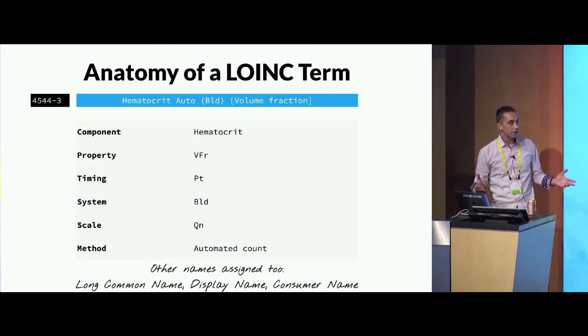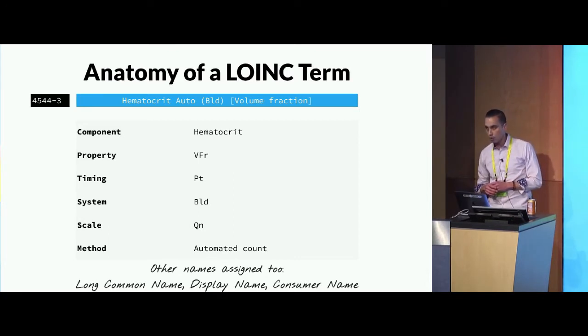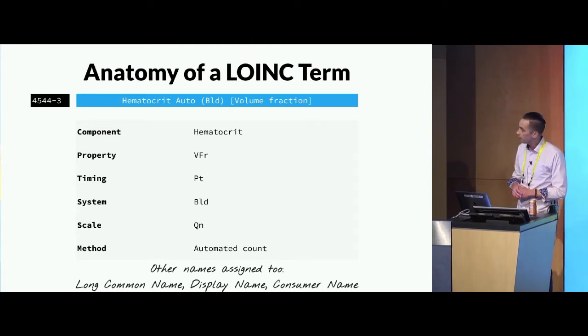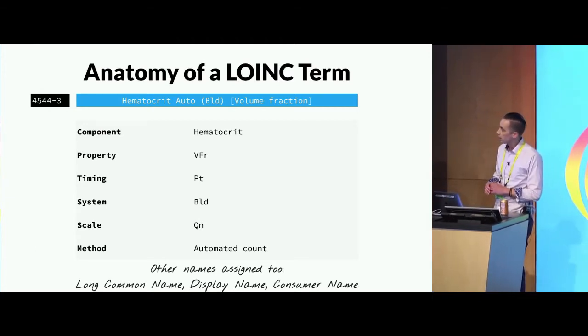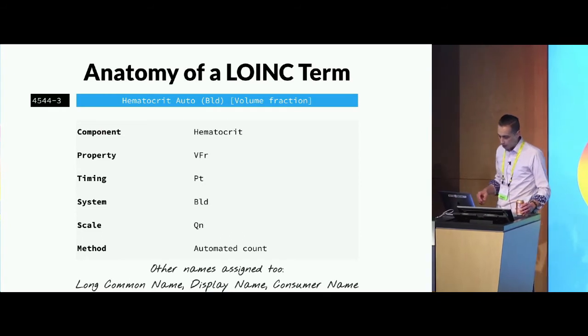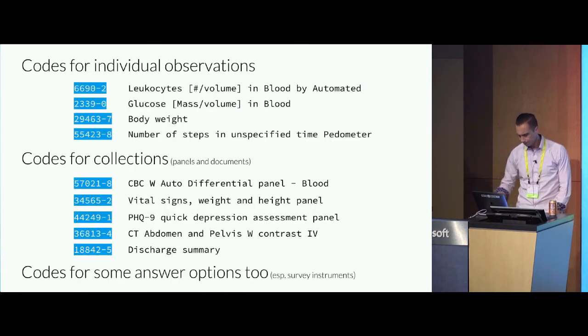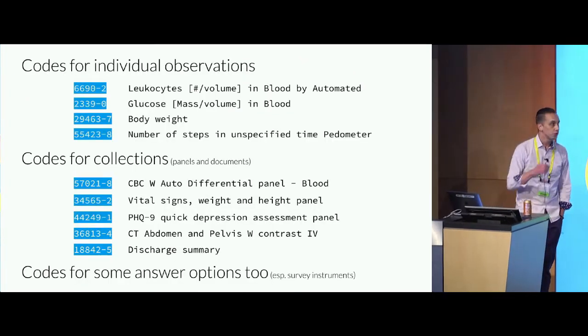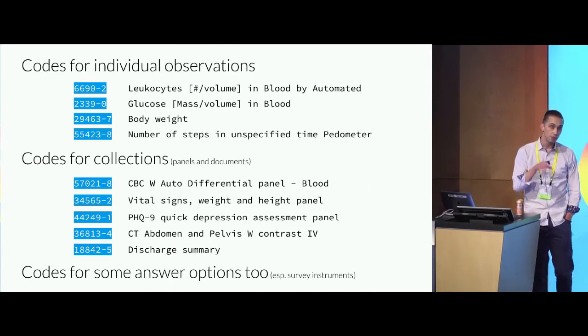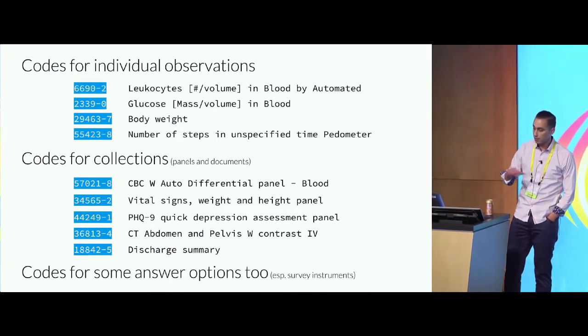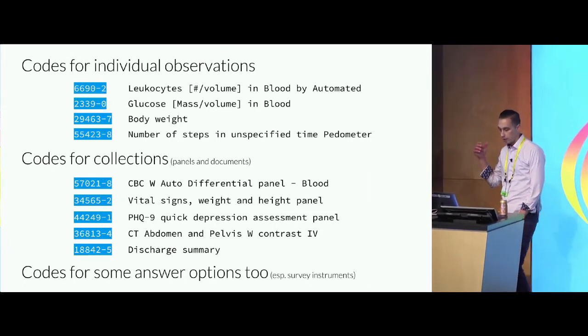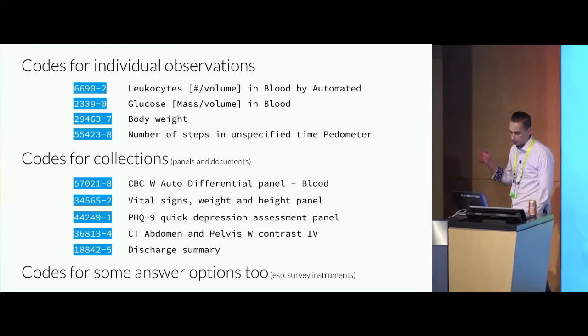The primary display text that you'll see in a lot of FHIR resources is the long common name. We also have a name that's more provider-friendly called the display name. And our newest iteration in our upcoming release will have a broader collection of names specifically designed for view by consumers. So LOINC creates codes for observations, which would be individual tests and measurements, body weight, step count, blood glucose,